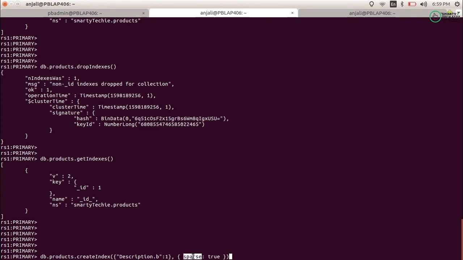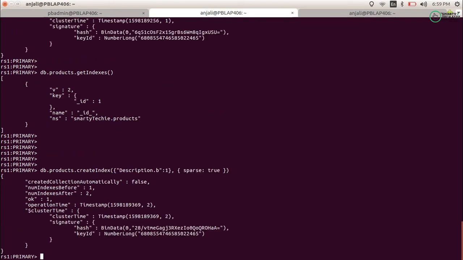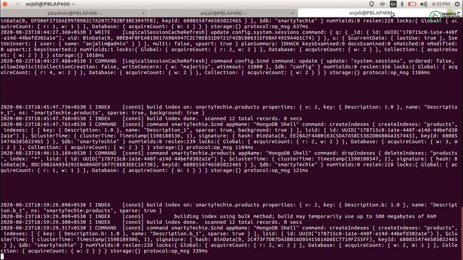So I will use sparse equals true. Using true, it will create the index in sparse format. Let's see how it performs. Yes, it created successfully. Even if you look at the logs, you can see the create index command with sparse true, and it has created the index successfully.